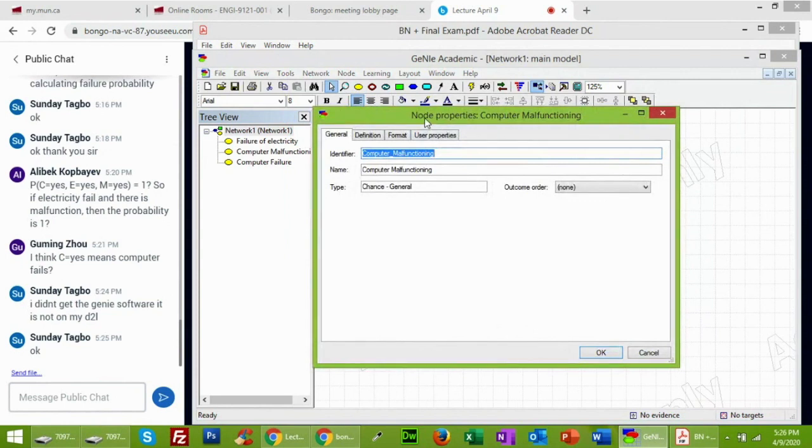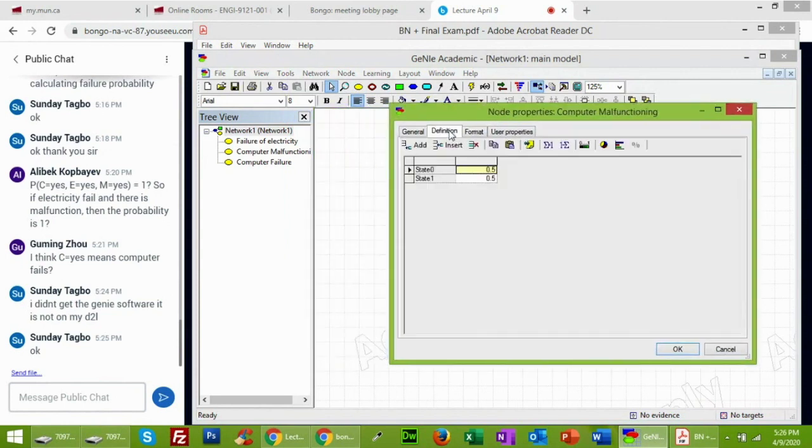Now in terms of the computer malfunctioning, what are my states here? My states will be yes and no. I know that for this I have the probability value of 0.2 and I want to calculate the rest of them, which is 0.8 of course.